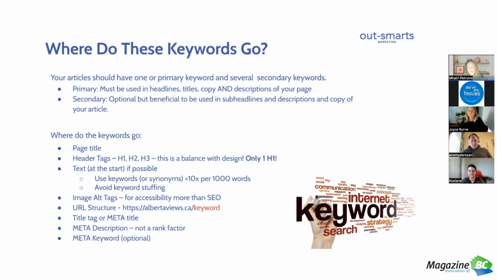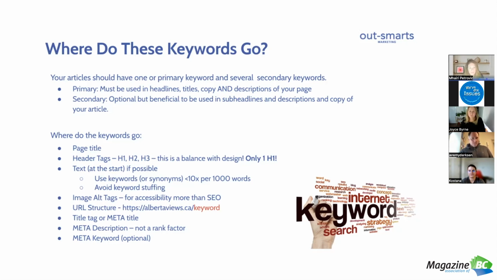When working on an article, we recommend identifying 1 to 2 primary keywords. These can be synonyms too, and several secondary keywords. Usually when we're doing it, we determine up to 6. Once you've researched them, you should use them sparingly in the content. You don't want to use them more than 10 times per 10,000 words.